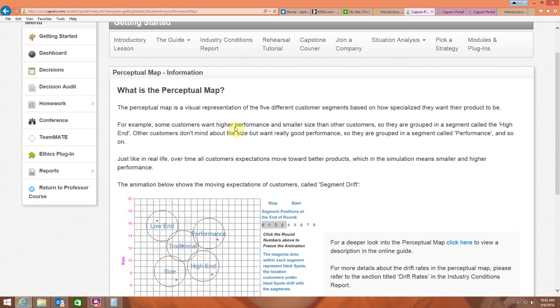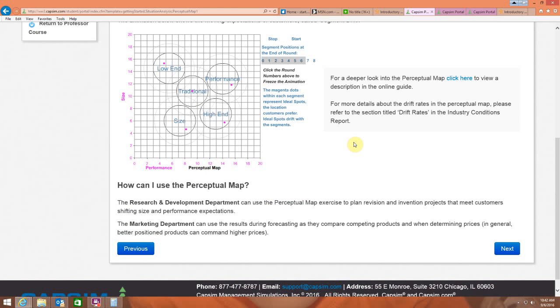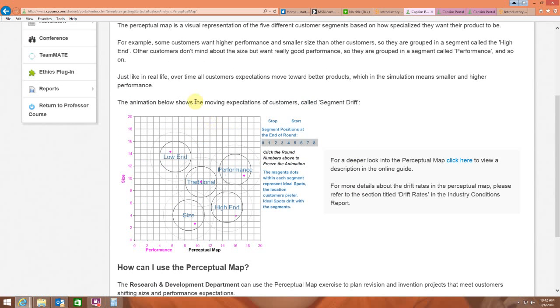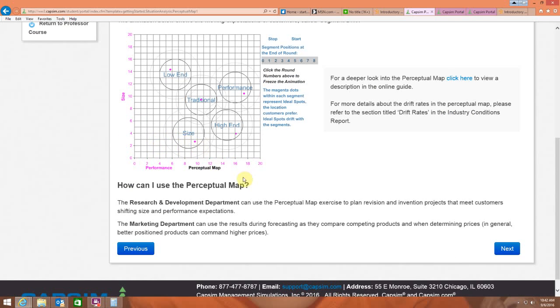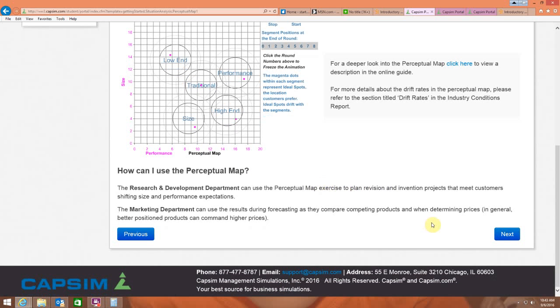Again, this one just shows me some stuff. This is pretty easy. This first page, I don't have to do anything, but it might be kind of cool to watch. It shows you where your product demand is going to go throughout the game. Okay, and it explains a few other things to you that you're going to need to know. Okay, then you click next,